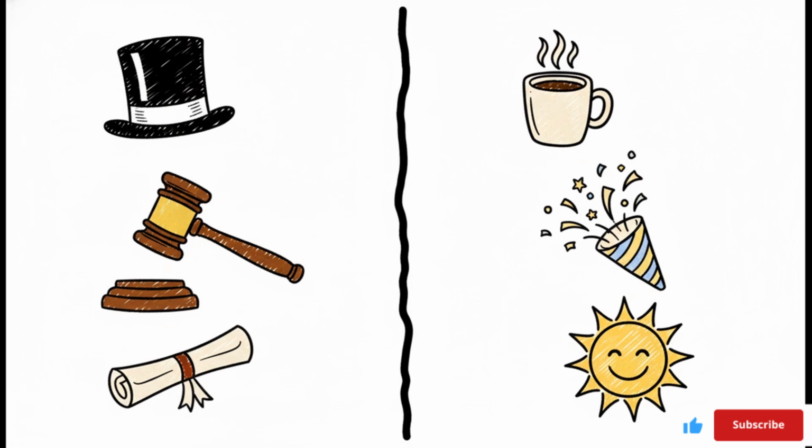So here it is. Here's the secret. The key to all of this is understanding what I call the Great Divide. Think of it like this. On one side, you've got the formal world. It's official, ceremonial, and you always write in the third person. On the other side, you have the informal world. Personal, totally relaxed, and you're using words like I and you. Every single invitation you ever write or get is going to fall on one side of this line.